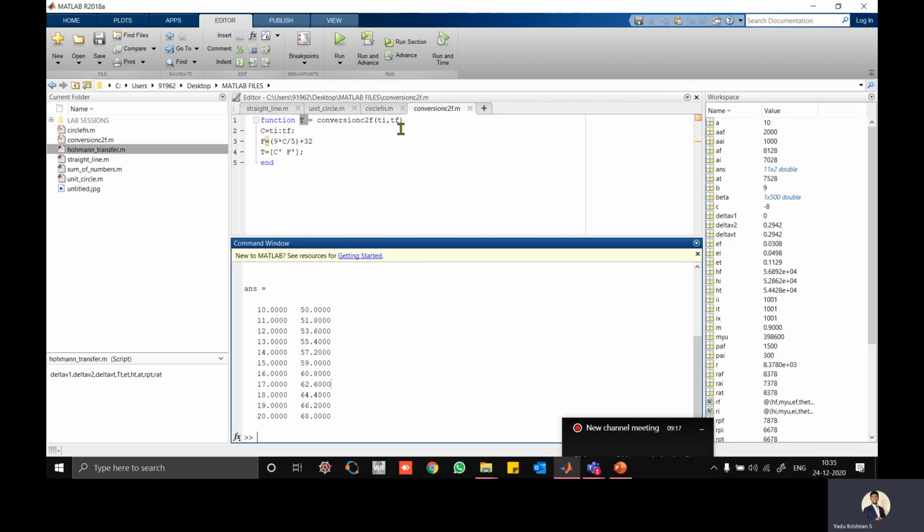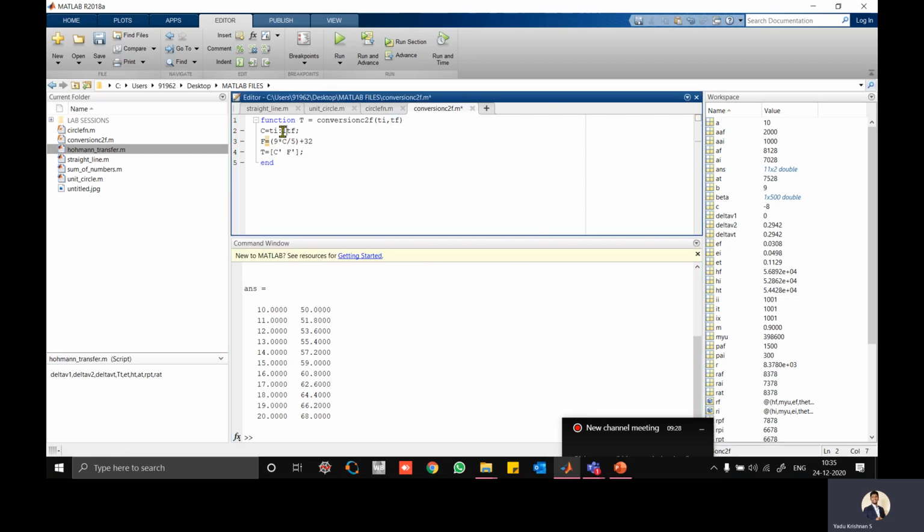And here obviously you have to divide Ti to Tf into equal parts. Here the increment is given as 1, so that is a default value. So we don't have to put 1 here. If you put 1 also, it doesn't matter. If it's a default value, anyway it is 1 only, so we don't have to put that. So C is also defined, F is also defined here.